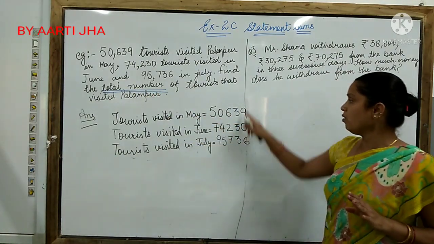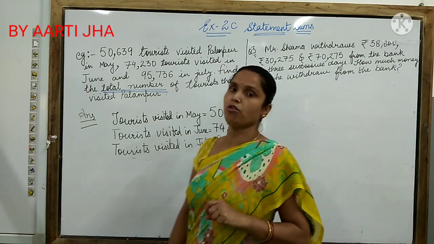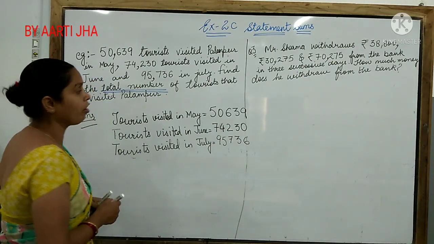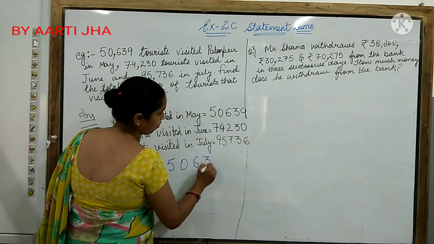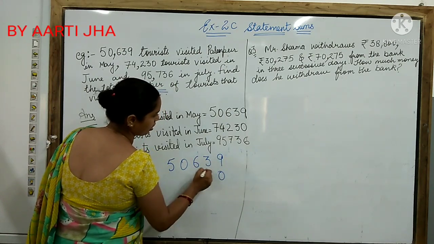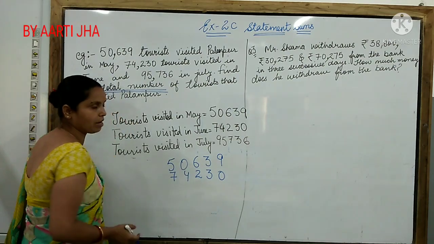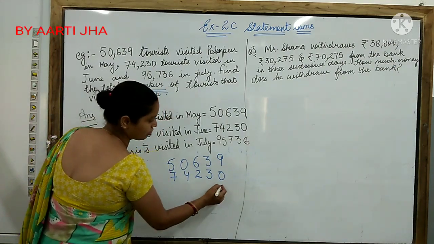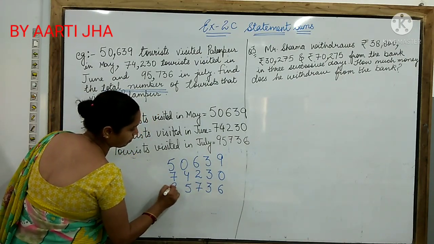Clear? Now, when we are taking all these things together, what is the operation that we should follow? We should be following the operation of addition. So, what you do is, you first write all the numbers arranged in column, and you can notice, children, while arranging these numbers in column, I am starting my second number from the ones digit. Same you are going to follow with the third number.